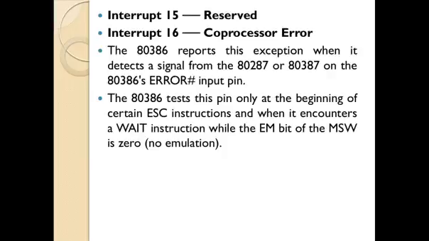The 386 tests this pin only at the beginning of certain escape instructions and when it encounters a wait instruction, while the EM bit of the MSW is 0. So when an escape instruction is executed, at the beginning of execution, the 386 will test the error pin, or second, when it encounters a wait instruction while the EM bit of the machine status word is set to 0. In both cases the error input pin is